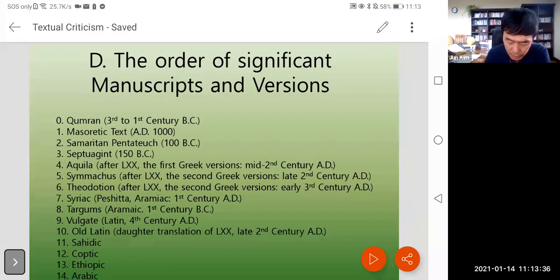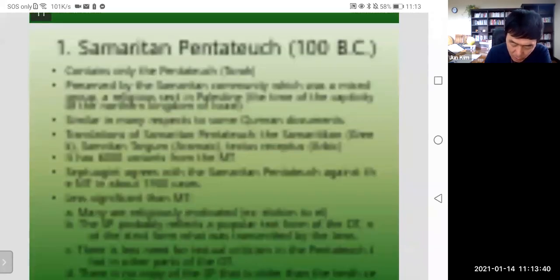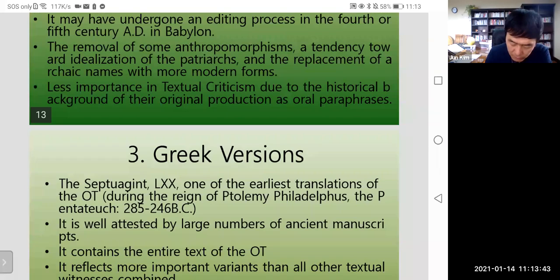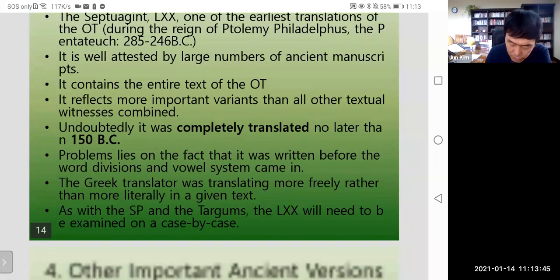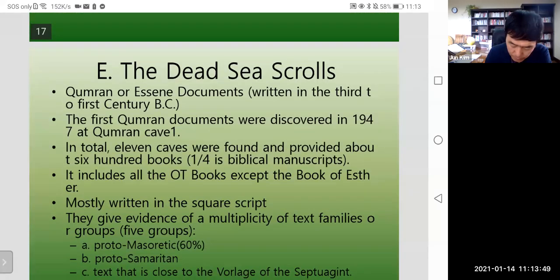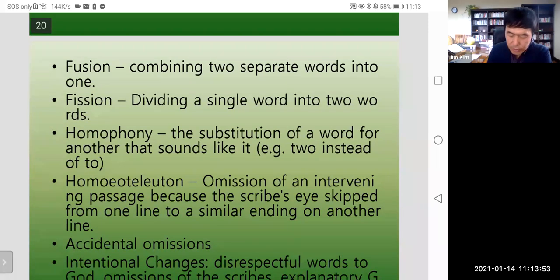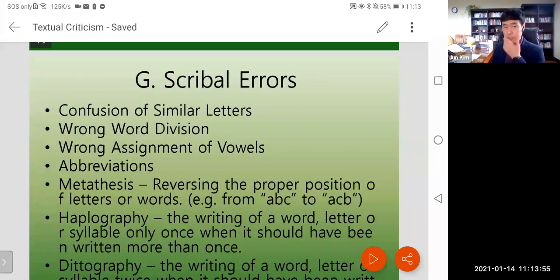I'm going back to textual criticism. We are done with this, and I want you to read the characteristics of each manuscript and version, and it introduces the general